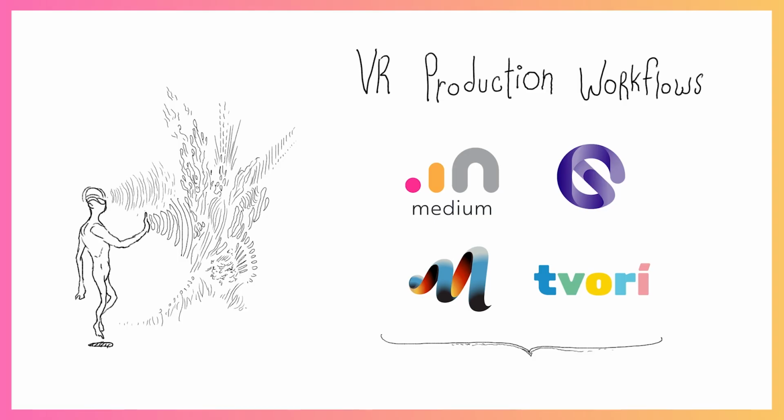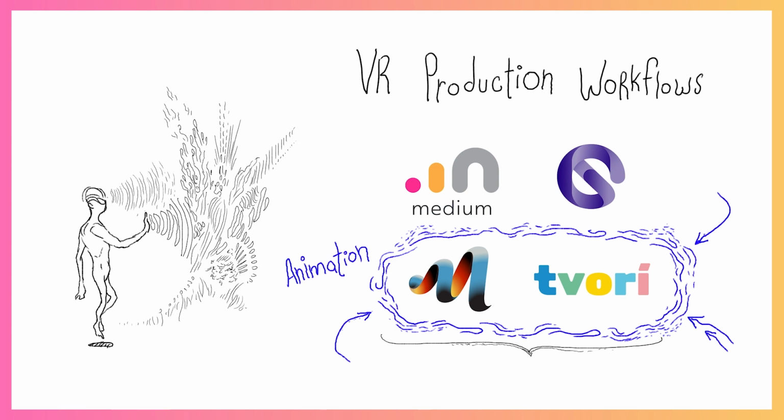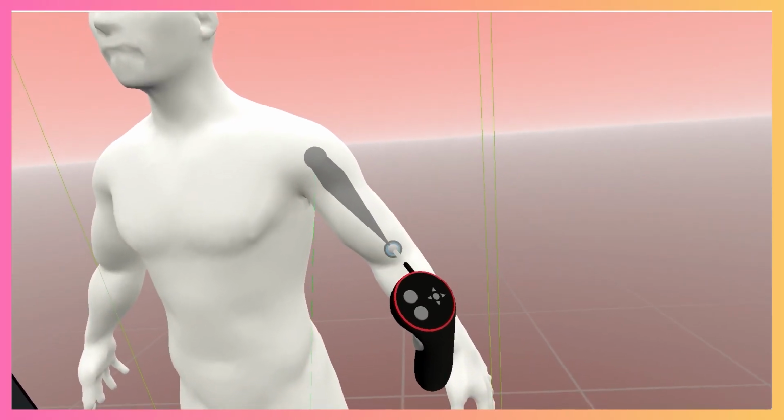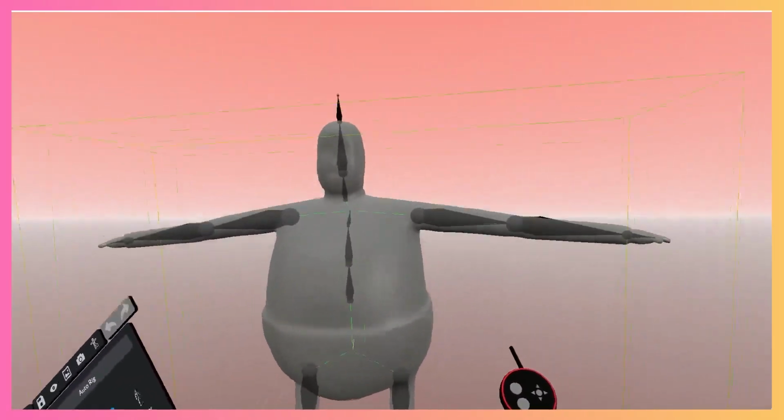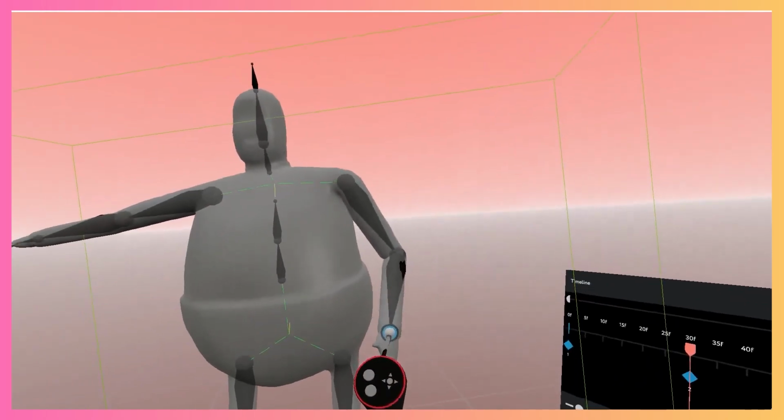For animation, there are a lot of tools for animation in VR, but I chose to work with ones that handle character rigs with joint hierarchies. I looked at Tvori and Masterpiece. Masterpiece allows you to rig and animate all in one place, as well as to import existing skin meshes as FBX files, which can then be posed using either IK or FK.